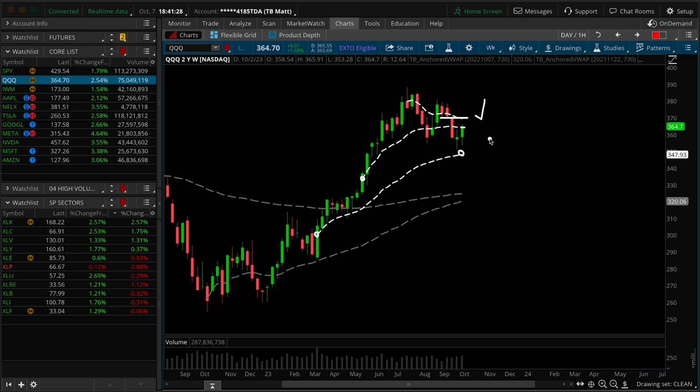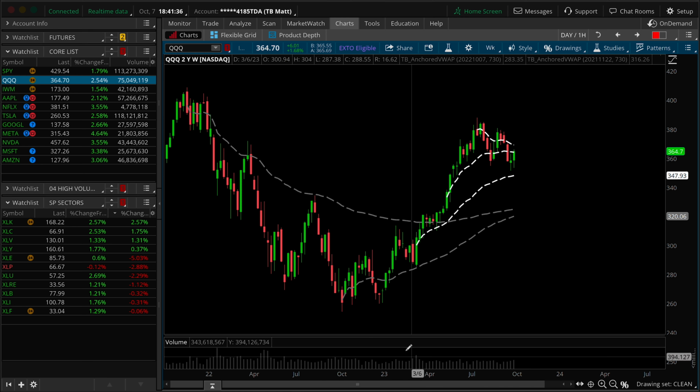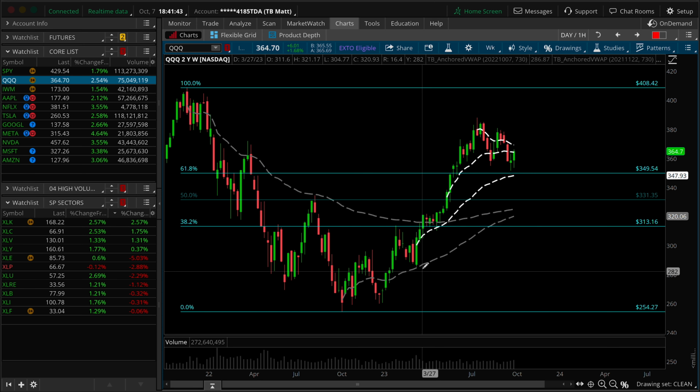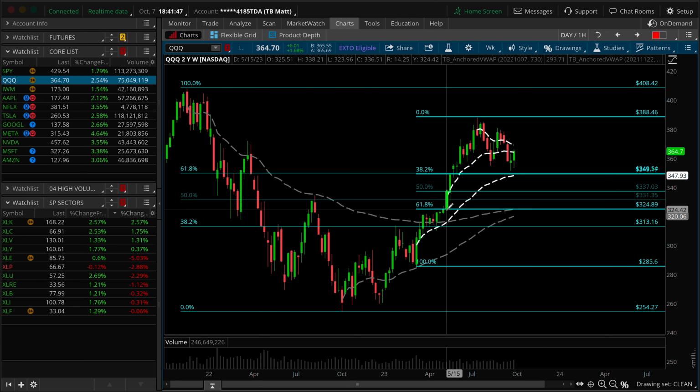Although technically speaking, we did make a weekly bar-to-bar higher high, it was not a substantial higher high. Let's take a look at the Fibonacci perspective here on the weekly, because the golden zone is holding. If we come in from the top all the way down to the bottom, the same sequence that we were just looking at over in the S&P, from here up to here, and then from the AI Mania breakout here